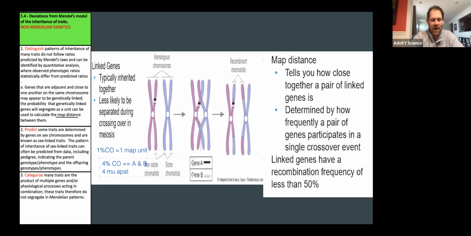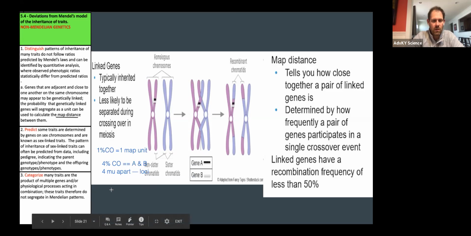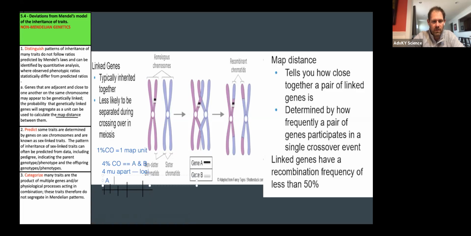That would allow us to map the gene's loci. That's just basically saying their position on a chromosome, okay? So we would create something that looks like this. We would say, here's A, here's B. There are 4 of these little ticks, 1, 2, 3, 4. So they're 1, 2, 3, 4 spaces apart. There's A, and then down here at the end,